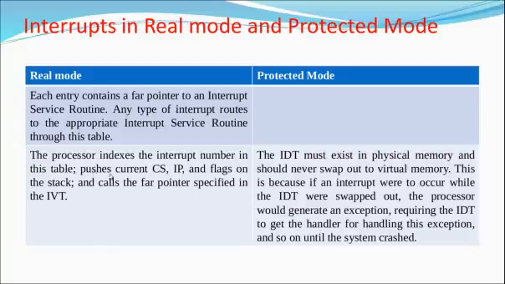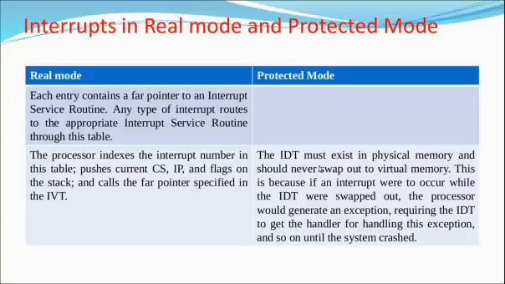Whenever this interrupt is to be handled, the current CS code segment, instruction pointer and flag values, whatever they may be, will be pushed on the stack so that they can be retrieved again to continue the execution after handling the interrupt. After that it will call the procedure which is pointed to by the far pointer. So it calls an ISR.